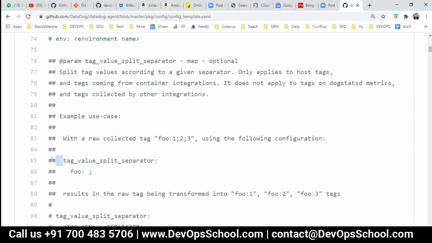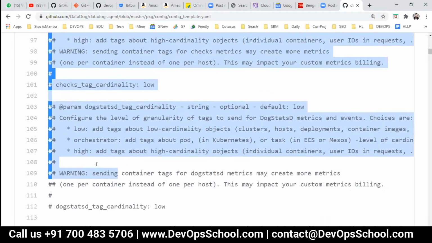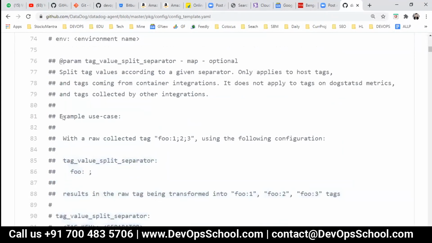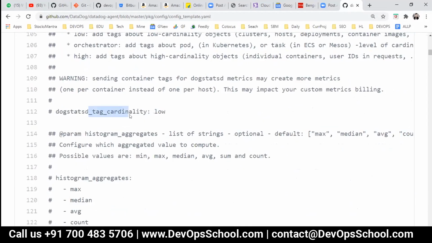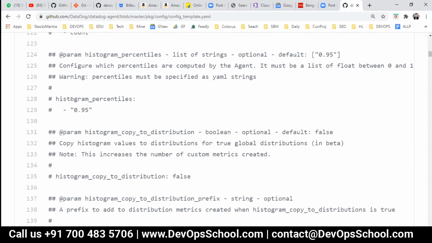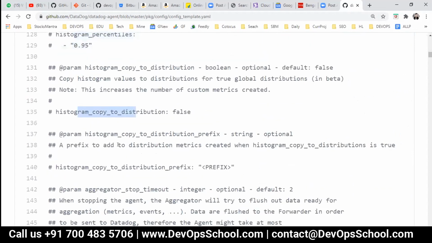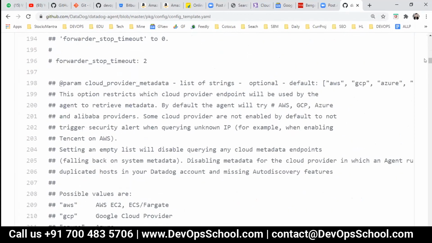If you understand YAML, all these entries, whatever you see here, come under the environment. Again, there are more things: histogram aggregates, percentile, many things which you can enable. It's a pretty long file actually.